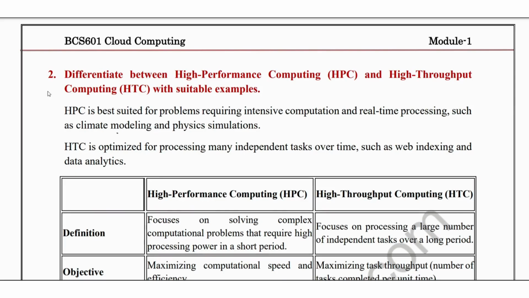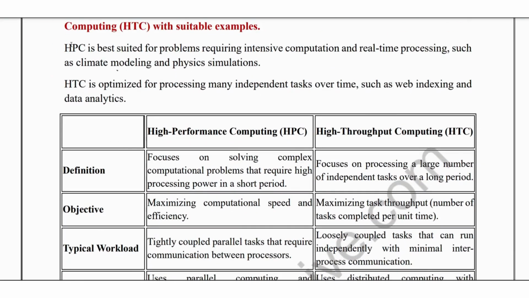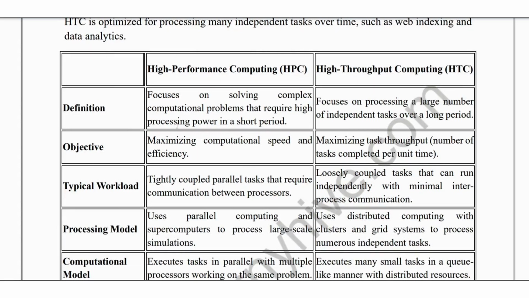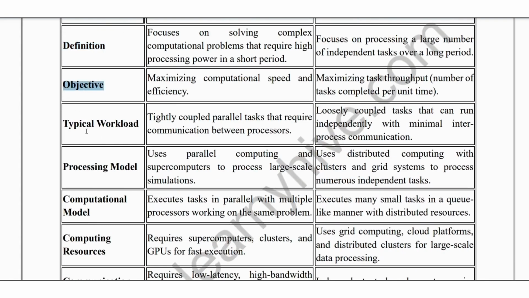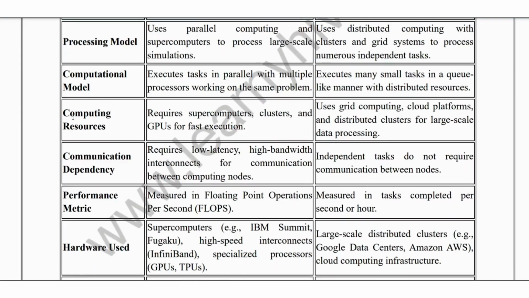Question number 2, differentiate between high performance computing, HPC, and high throughput computing, HTC, with suitable examples. So firstly, you write a small definition about what is HPC and what is HTC, and then differentiate it using this table. So you differentiate it based on the factors of its definition, objective, typical workload, processing model, computational model,